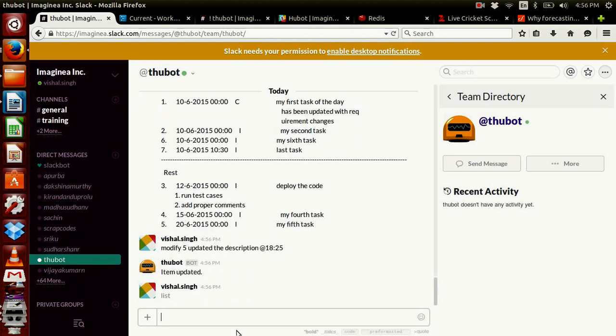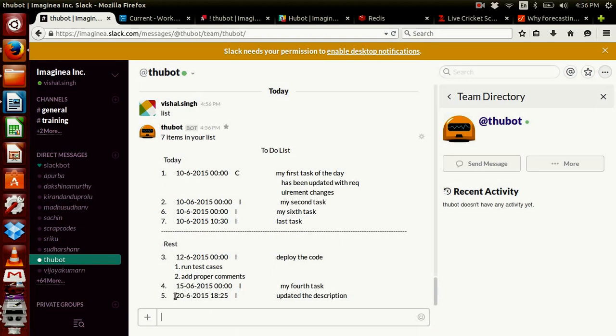Now we can see, we have updated 5th task with new description and time.